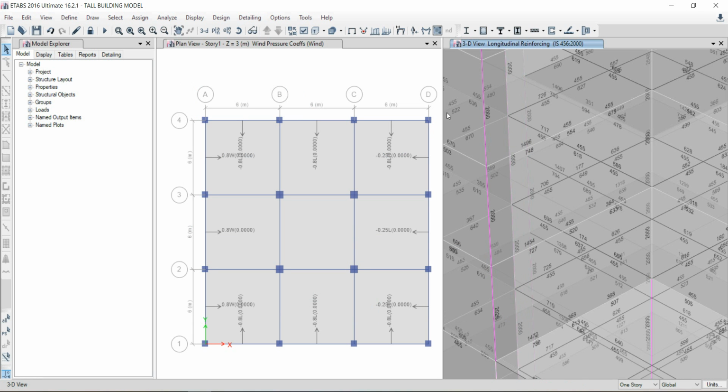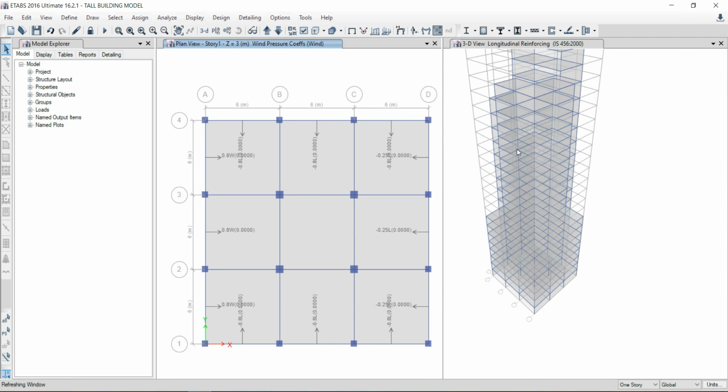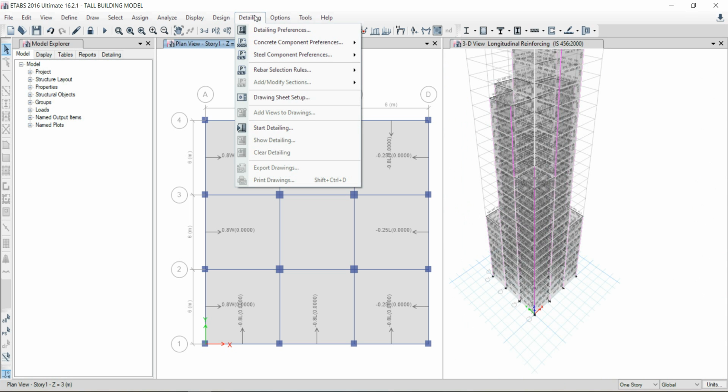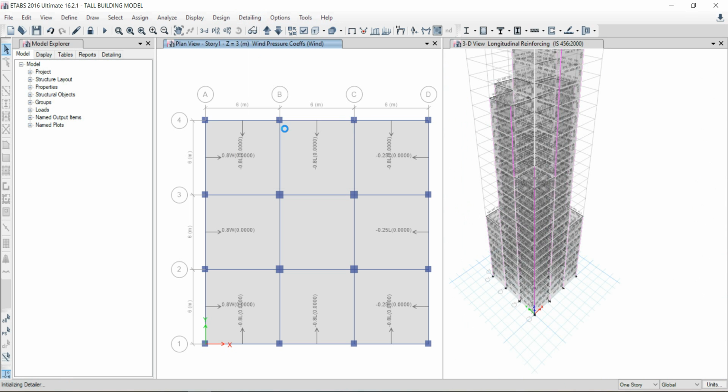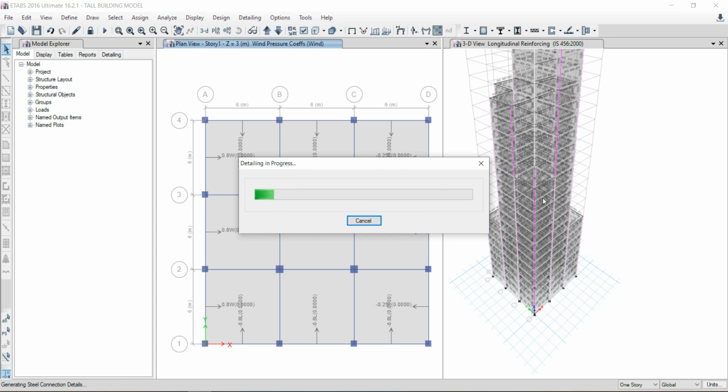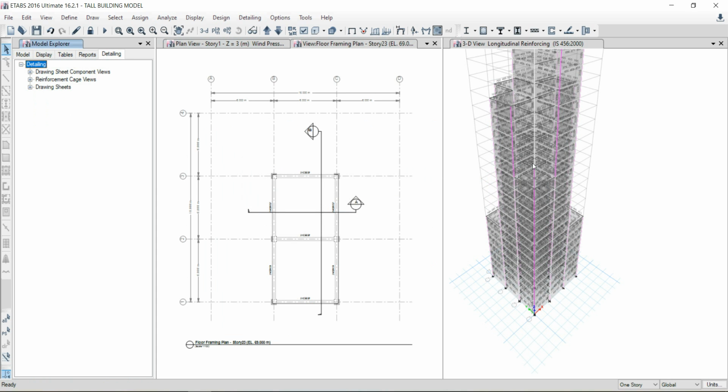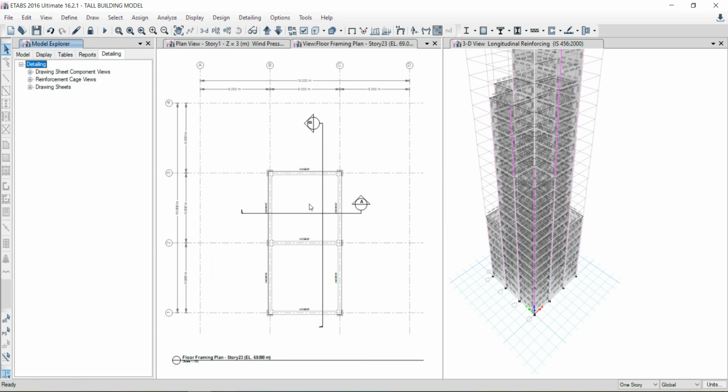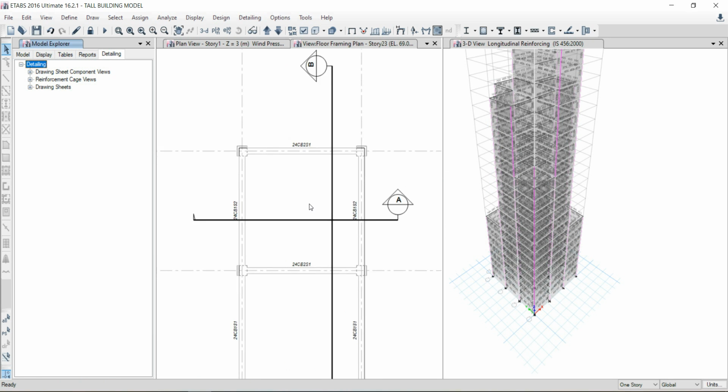Now we have to run detailing. So we'll select the plan view tab and click on detailing and select the start detailing option. So we can see the detailing diagram.